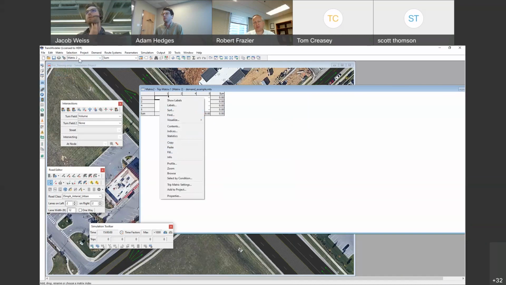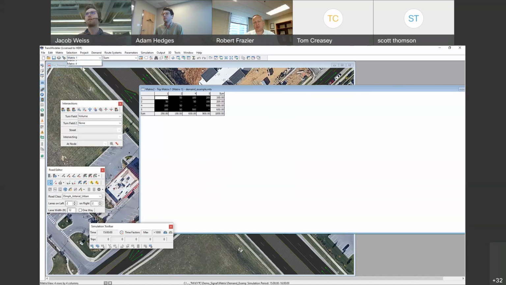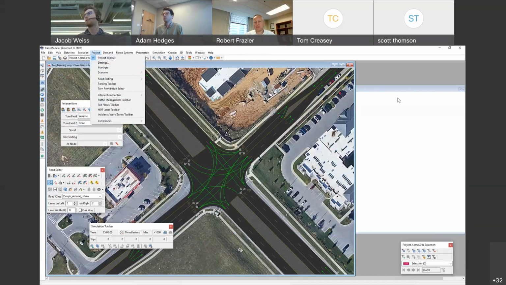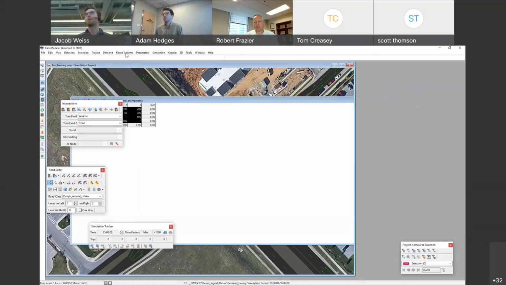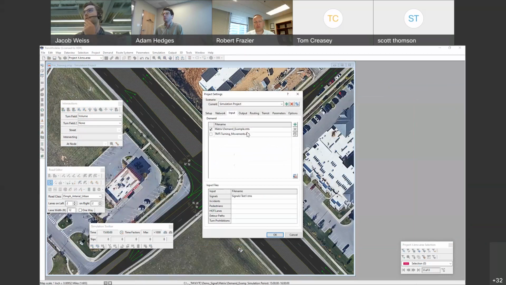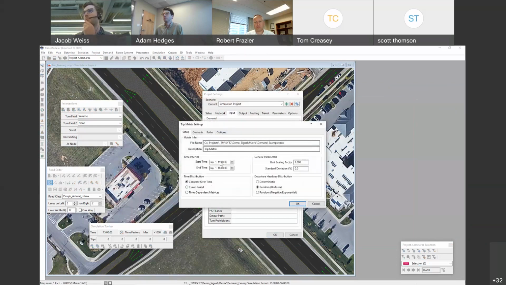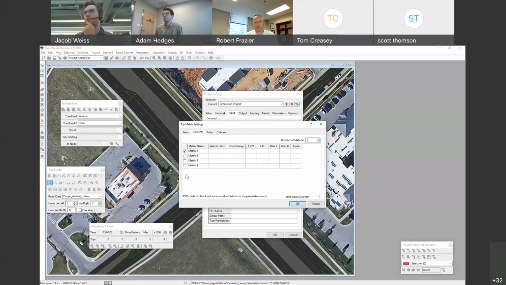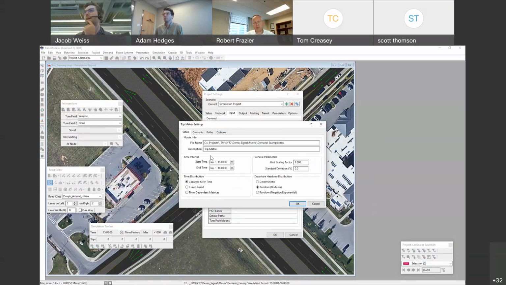So in this one, let me see if there's an easy way to copy. Sometimes I'm doing this in Excel and then I bring it over like most people, but that's the other thing. Some things are pretty intuitive. Let's just say each 15-minute was the same for this example. I could then go into the project settings, go into my input, my demand example, and now the contents are 4 different matrices. So I could select all of these,